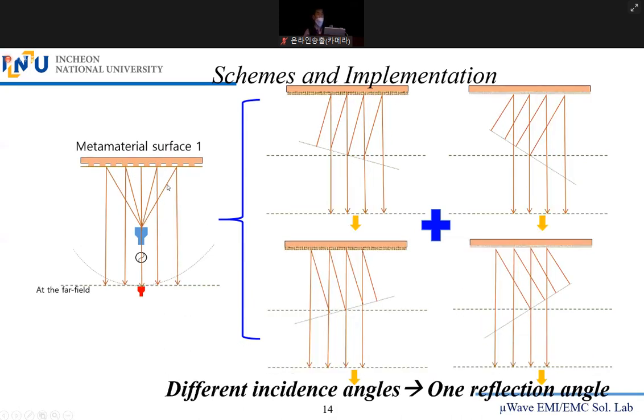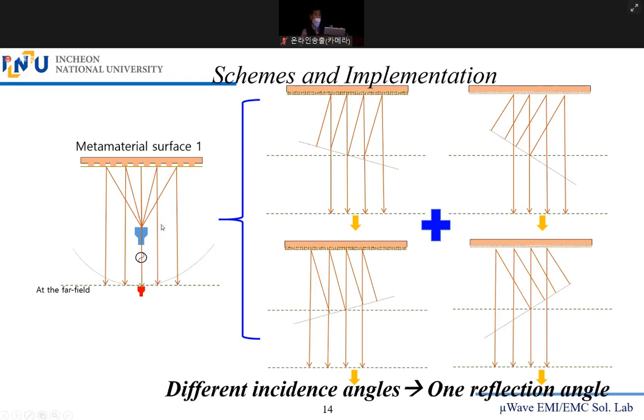Angles of incidence will change, right? Angles of incidence are different, but the angles of reflection for all the reflected fields are the same, right? The same direction. It is called the plane wave reflected field. This is what a reflector antenna does. So you can do that. We could get a success in developing this and testing this.